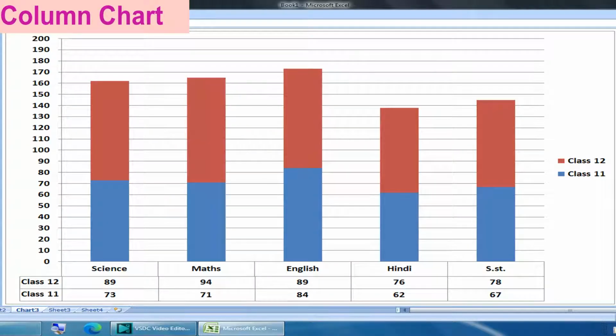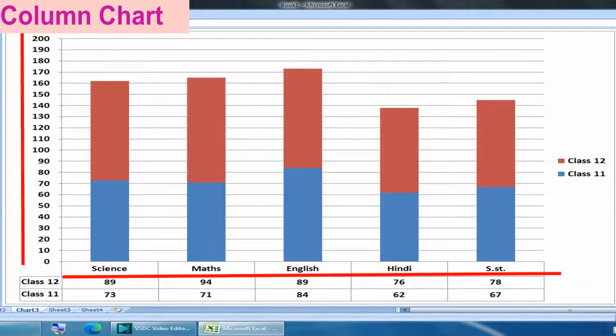Column chart. A column chart shows changes in data over a period of time, or it illustrates comparison among the items. In this chart, comparison among the subjects. In this chart, subjects are organized horizontally and marks vertically. See the chart.